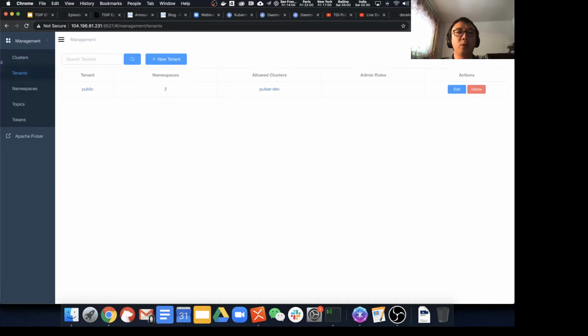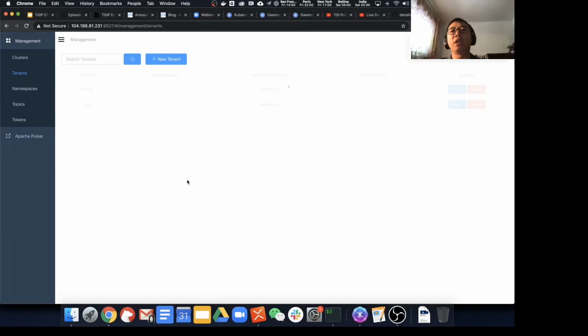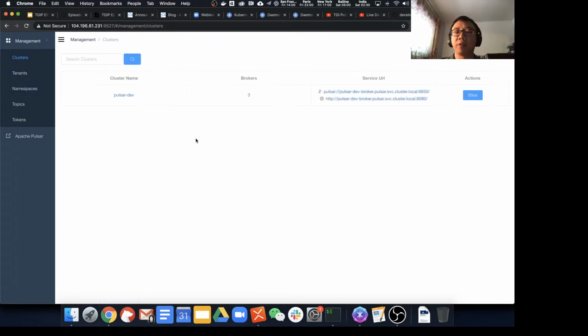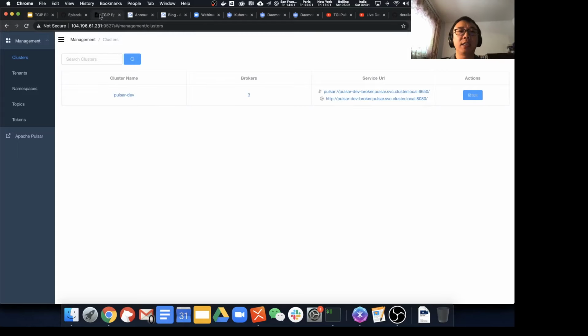Once you get in, it will be able to figure out what the tenants are, and then you can create your own tenant. Let's say TGIP, and you're able to specify the cluster and confirm, and that will give you the tenant. So just make sure that what you see here, all the cluster information including the service URL, is the service URL within your Kubernetes cluster. You shouldn't use the service URL you expose publicly, because your Pulsar Manager is running within the cluster. And the most important thing is Pulsar Manager also needs to be able to connect to individual brokers, because some of the operations require Pulsar Manager to operate directly on the broker. So that is all the content I want to